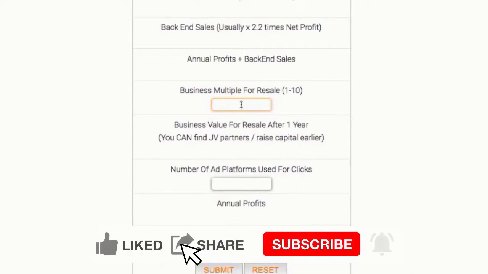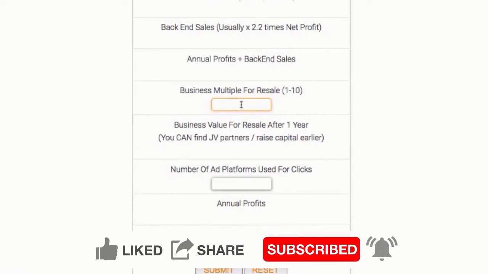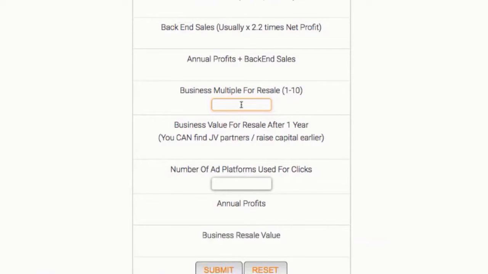Now, this can be anything. It can be up to 30 if it's an automated business that the purchaser knows they can bring value to and swiftly scale up. But in the real world of business selling, it's usually anything between 1 and 3 times profit. So let's be conservative and put in 1 times profit, which means that somebody might invest an amount of money to get the same amount of money back out within 12 months. It's usually 2 times actually, but let's leave it at 1.